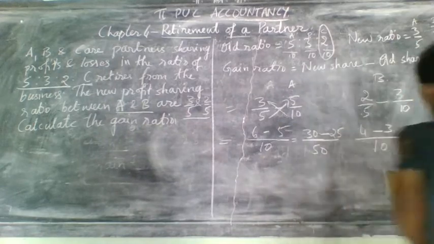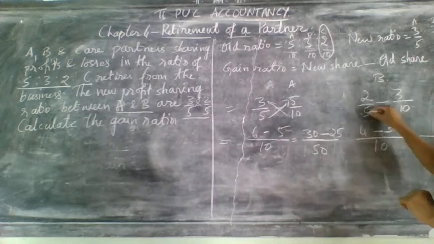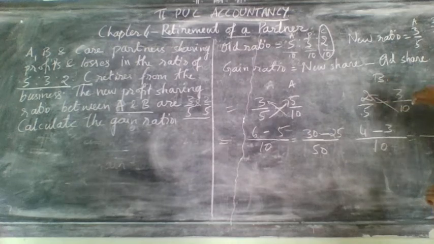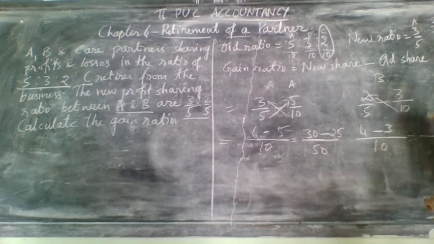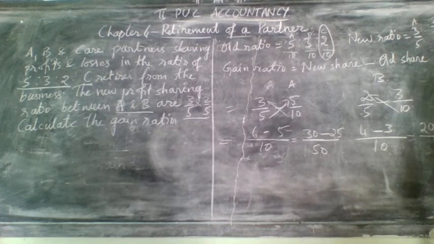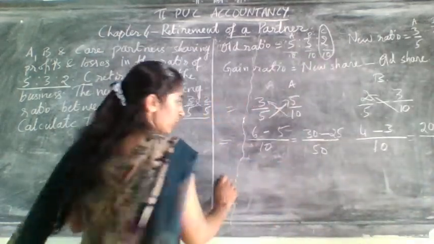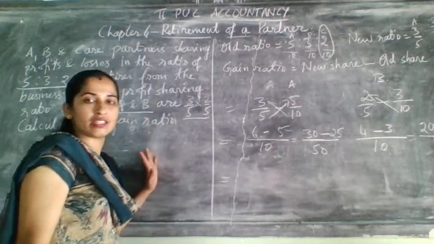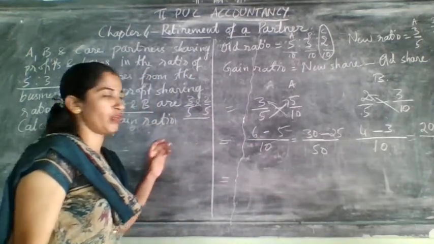Here if you do cross multiplication, then 5 10s are 50, then 10 2s are 20, right to left, minus 5 3s are 15. So after doing this, you have already done this type in which one? Sacrifice ratio. That's why I am moving a bit fast.